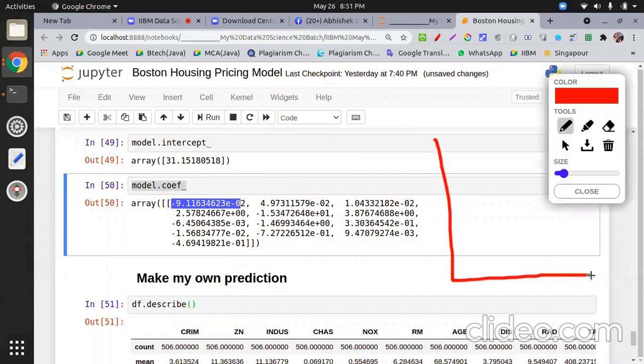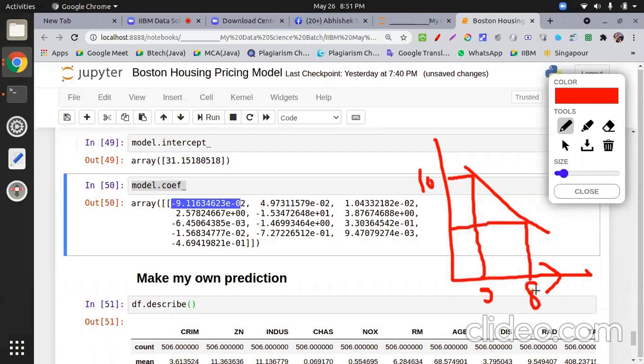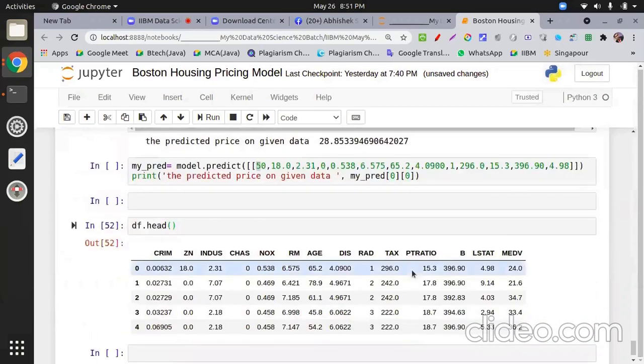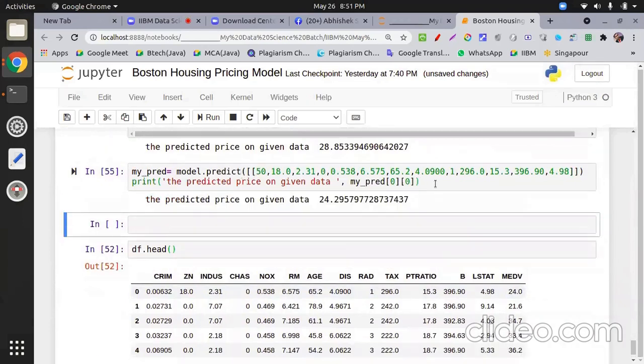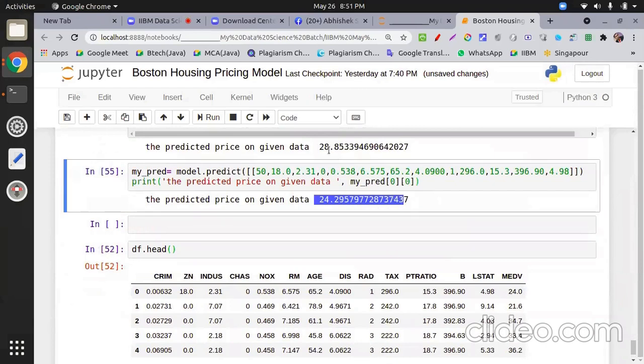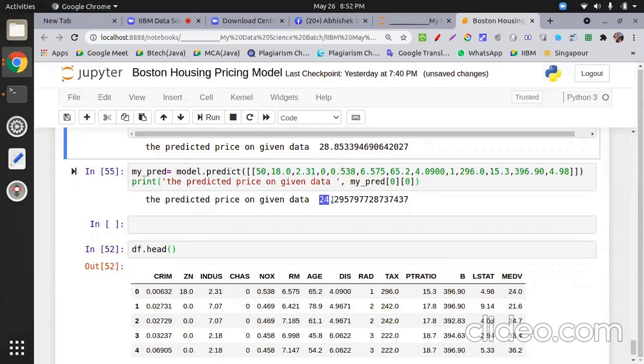Let's suppose this is your negative slope. As I increase crime, let's suppose this is 5 and this is 10. As I increase the value of this one, say this is 8, this will decrease to 4 because the slope is 5. So if I increase the crime value to 50, because it's a negative slope, the value will decrease. Check this: initially it was $28,850, now $24.29. This is the importance of slope.